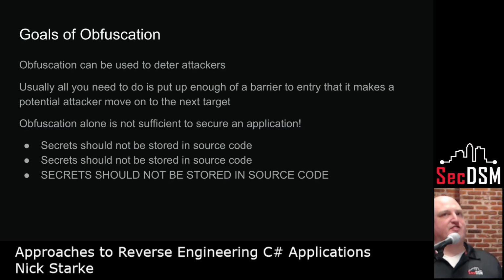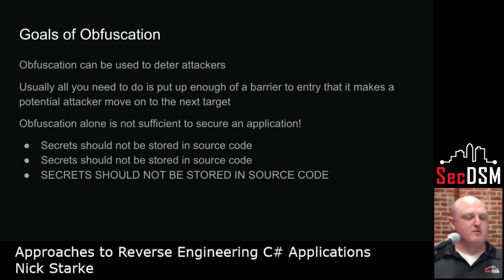The goal of obfuscation is just to make your code as unreadable as possible through reverse engineering tools while still having your code execute and execute performantly. A lot of obfuscation tools, like toy obfuscators that people like me make, have a heavy performance penalty for using them. So a goal of a production-worthy obfuscator is to be performant, to not have more than a 20 or 30% performance impact